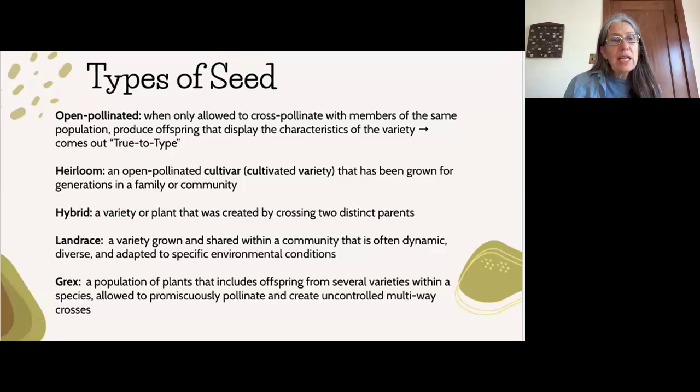Landrace is a variety grown and shared within a community that is often dynamic. So in the case of some of these traditional varieties, like for example, squash that was from a particular area, there's a lot of diversity in that landrace mix, but it was grown in that particular community. It was adapted to the specific environments and to the cultural and farming practices of that community. But it's not like this squash all is 5 pounds and comes out within